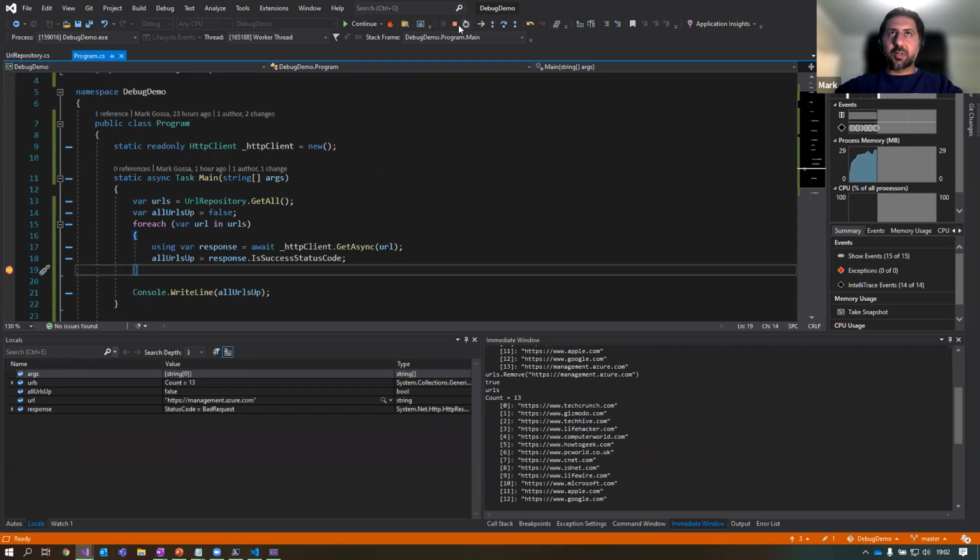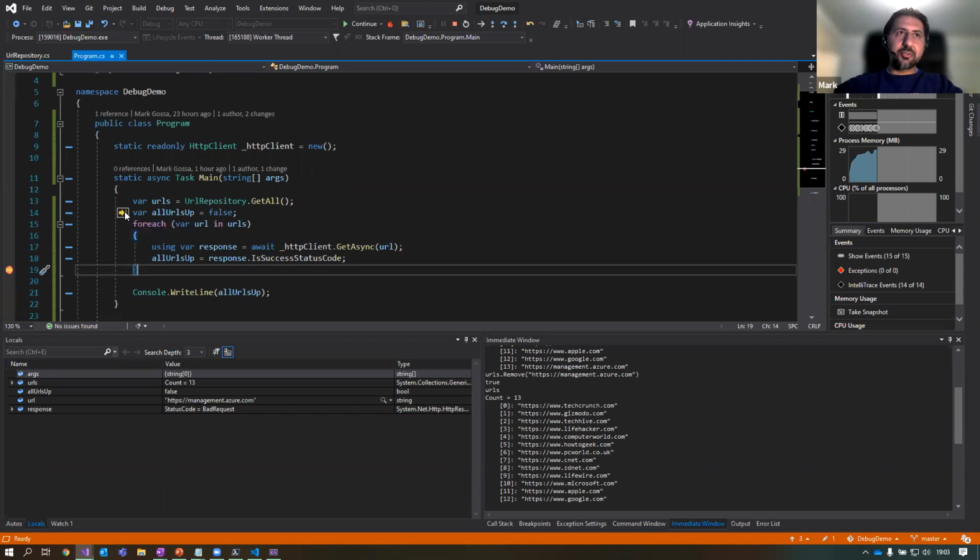So I want to restart the debug session. So I could just go and stop and start, or I could press restart. But one thing I could do here is I can actually step backwards through the code. So this is quite a handy feature. So if you see here, if you hover over a line, what you can do is you can run execution to here, but I need to run it backwards.